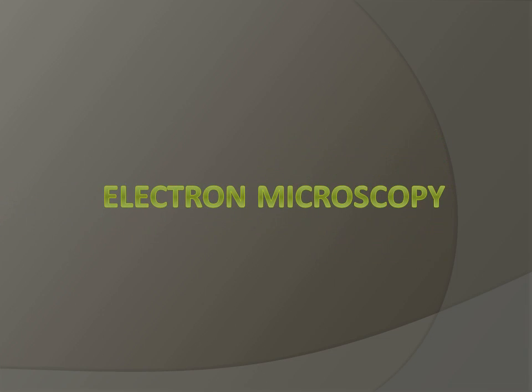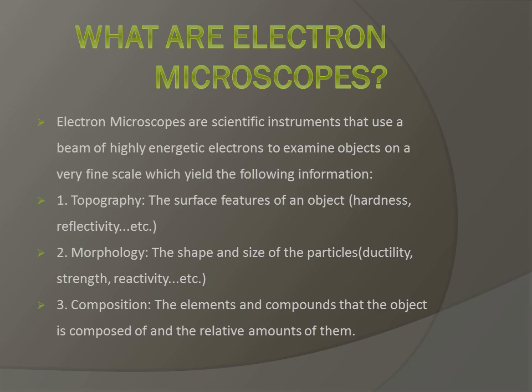Hello everyone, today we are going to discuss electron microscopy. There are several types of electron microscopes and several techniques, and now we can discuss TEM, the transmission electron microscope. Before that, what is the purpose, what is the need of these electron microscopes? First of all, electron microscopes are scientific instruments used to find the very minute structure of any specimen. There are certain limitations in it too. Let me discuss that later.